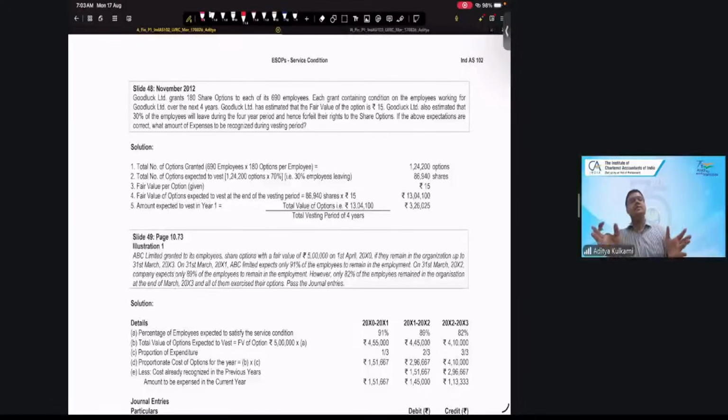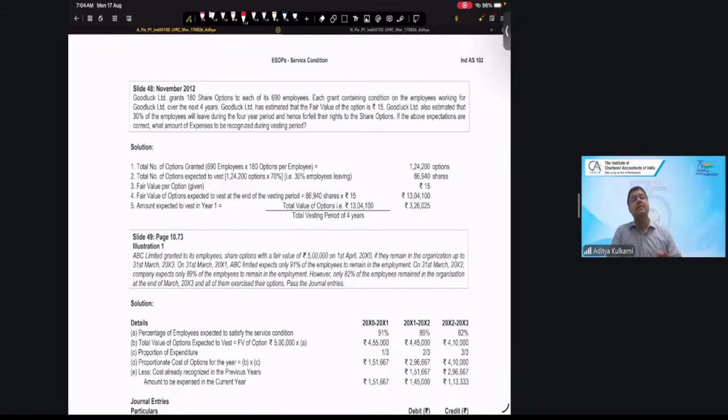So, what is the distinction between an ESOP and a SAR as far as accounting is concerned? Well, when you account for an ESOP, you will have an SBP reserve, a share-based payment reserve that gets created for every amount that you recognize as an employee benefit expense towards the ESOP that you are accounting for. And you measure it using the fair value at the grant date. There is no subsequent revaluation that happens. That is as far as ESOP is concerned.